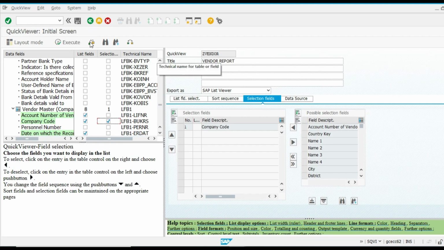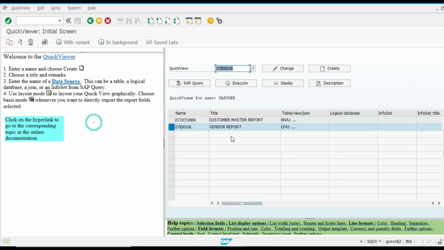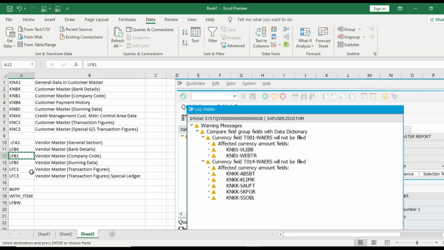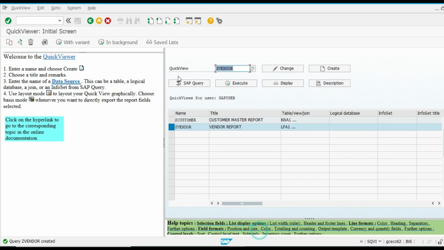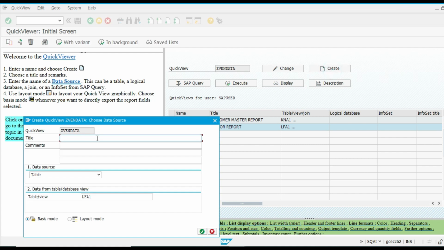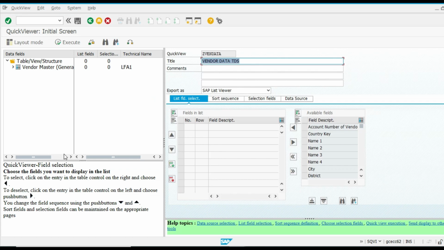Now we are going to create one detailed report. For that we are going to take these 3 tables. Let's start. Z vendor data, create vendor data TDS, basis mode.